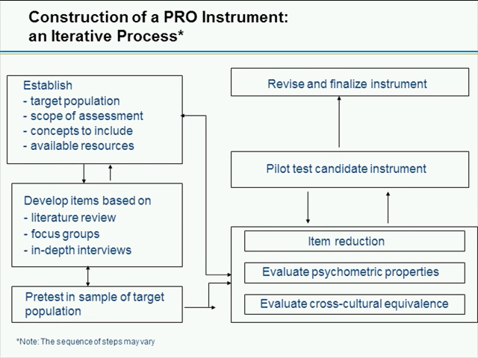So in order to get the right questions, sometimes people feel they have to construct an instrument. It's better, obviously, if you can find one off the shelf and use an already validated instrument, and very often that's the case. But when one has to construct one, this is a typical set of steps one goes through to do that. First, establish the target population, the scope of the assessment, and the concepts to include, as well as available resources